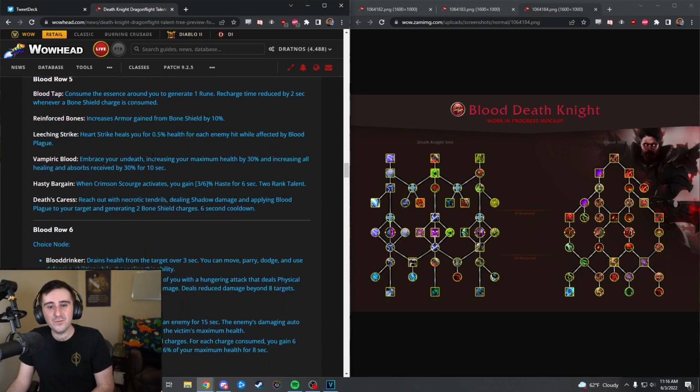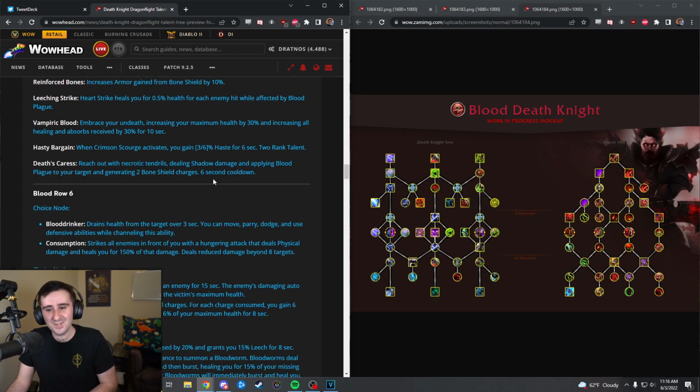Heart Strike heals you for each enemy for 0.5%, I assume, of your health for each enemy hit while affected by Blood Plague. So potentially healing you for 2% of your health per go, because they nerfed the D&D thing. You only get 3 extra targets now if you're a Blood DK. So I guess Heart Strike hits 2 by default. So you could hit 5 targets and get 2.5% of your health every time you hit Heart Strike. That'd be really strong with the current 4 set, but presumably that's not going to survive. Crimson Scourge, so yeah, there's